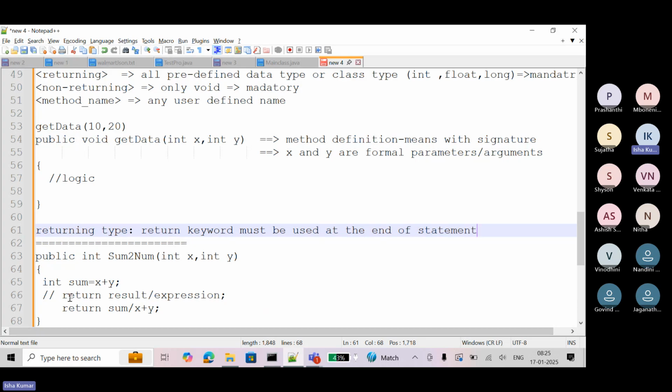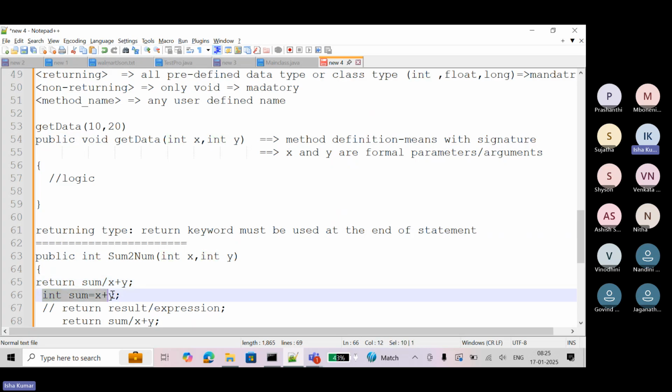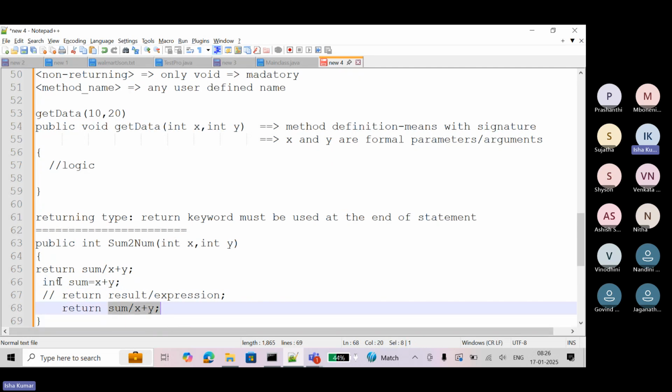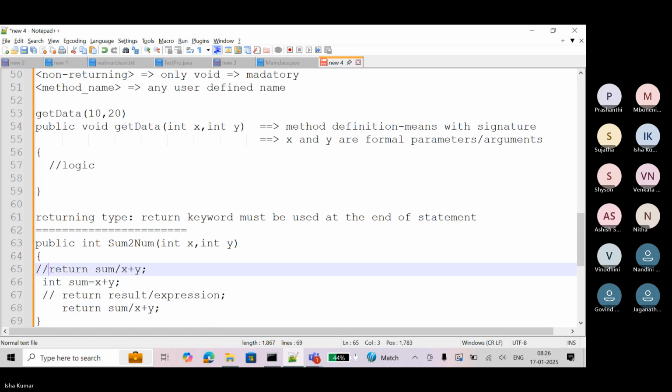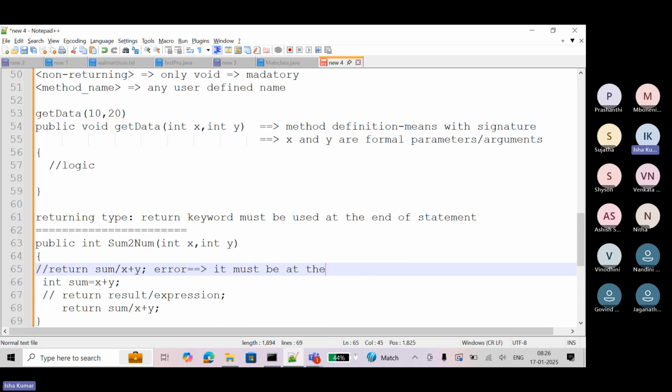If you write a statement after return, it will throw an error. After this, these lines will be ignored and will not be called. It will tell you the statement is not reachable, something like that. So return should be the last line. Here it will throw an error. It must be at the end. Understood?